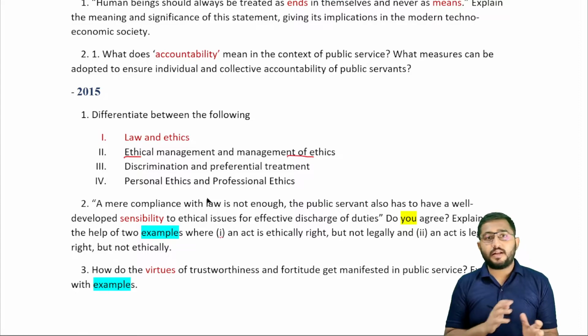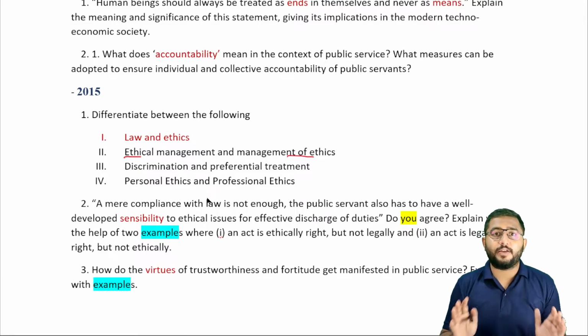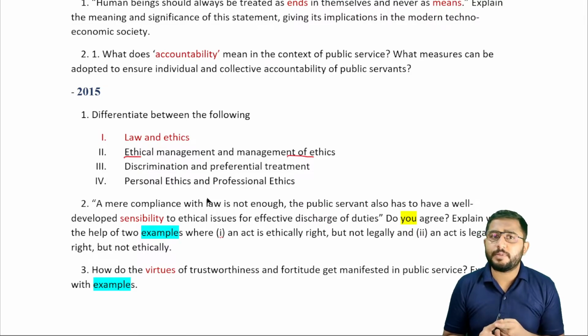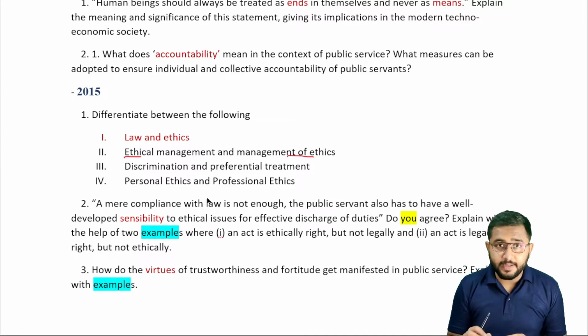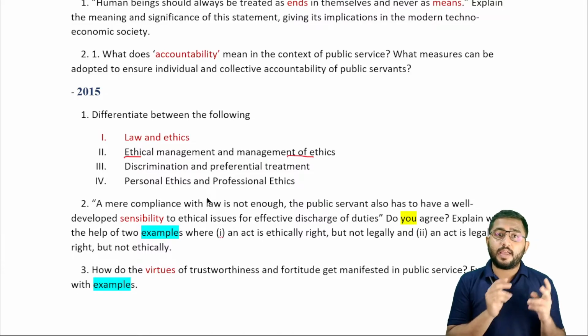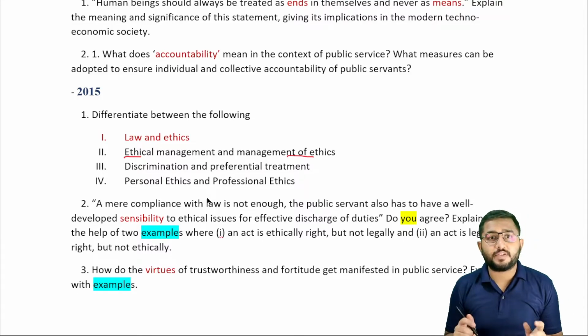So we are understanding there are certain things that are very clear now. 70% of the paper is person-centric. Most of the questions are being asked to you directly. 70% of the questions are again practical application-based questions.